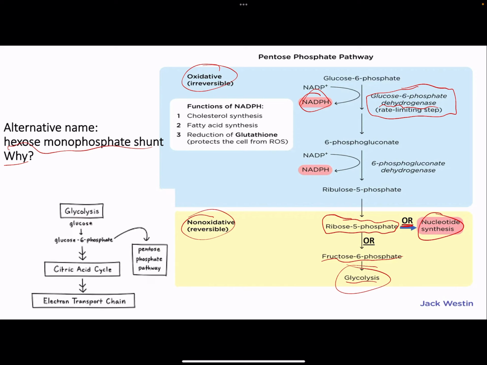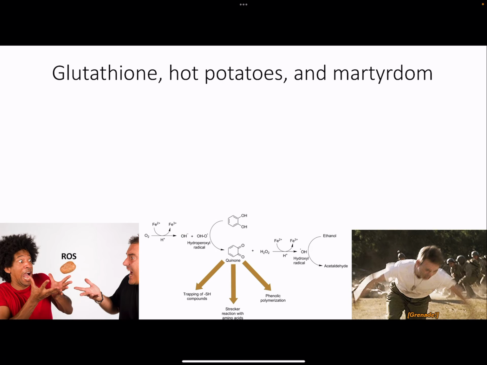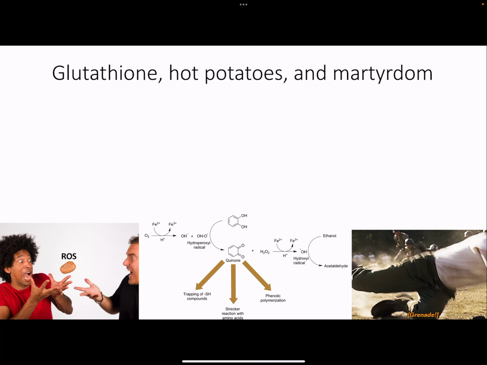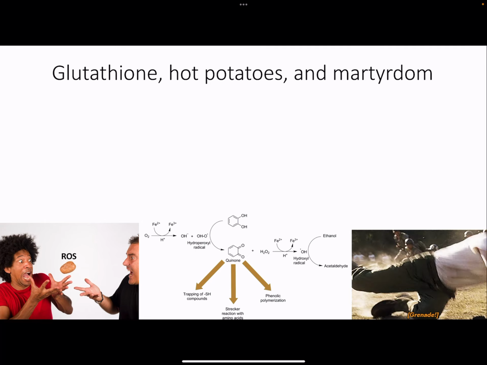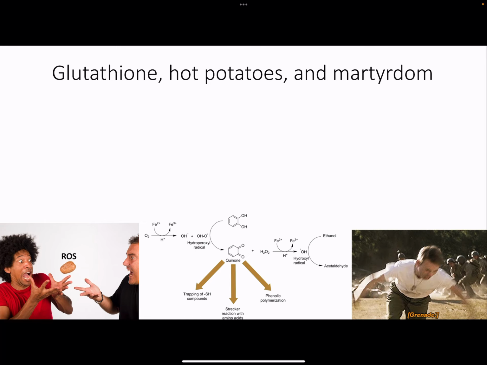So, we can go, hey, let's go here and let's make some nucleotides, or I kind of want to go back in, halfway through, maybe after having skipped a step or two into the glycolytic pathway, hence the name. And it's a hexose sugar, and it's a single phosphate on it as well. Cool. So glutathione. So the analogy kind of stinks here, but think of a reactive oxygen species as